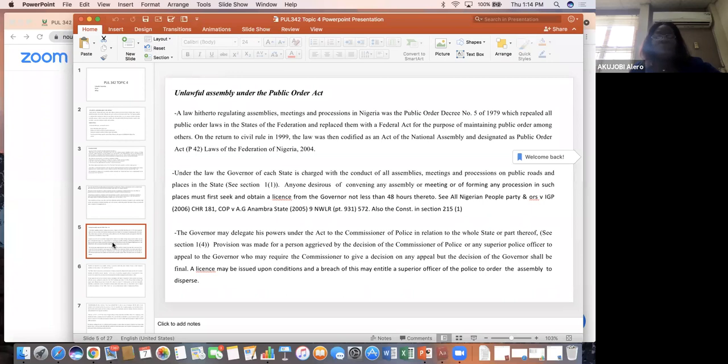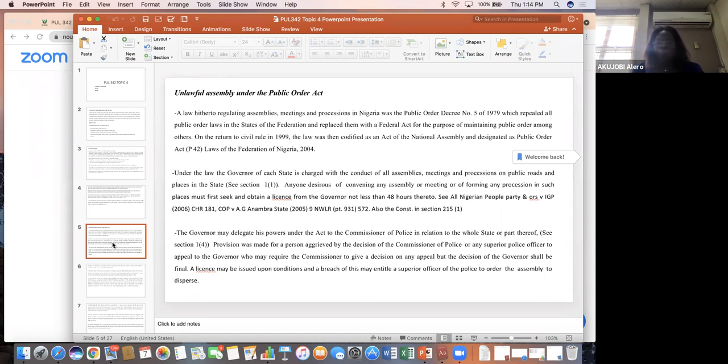The law hitherto regarding assemblies, meetings, and processions in Nigeria was the Public Order Decree of 1979, which repealed all public order laws in the states of the Federation and replaced them with a federal act for the purpose of maintaining public order, among others. On the return to civil rule in 1999, the law was codified as an act of the National Assembly and designated as the Public Order Act, Laws of the Federation of Nigeria